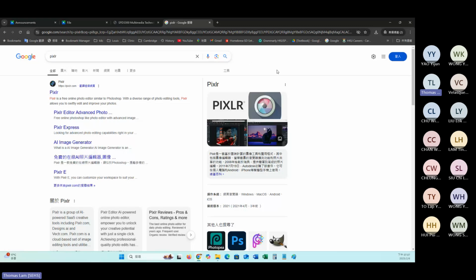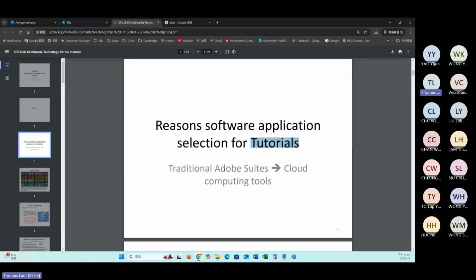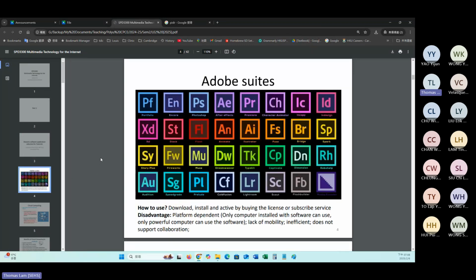So therefore, when you submit your work to me, it doesn't matter. You just capture the screen with your student name and ID on the screen, and then submit your work to me directly. So nowadays it's not really necessary to have the Adobe Suite for our daily multimedia operation. And even though the school may provide this solution for you to use, when you have the online lesson or the online tutorial, you are unable to use any of these features.